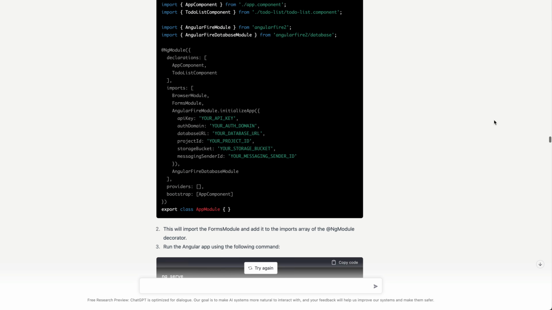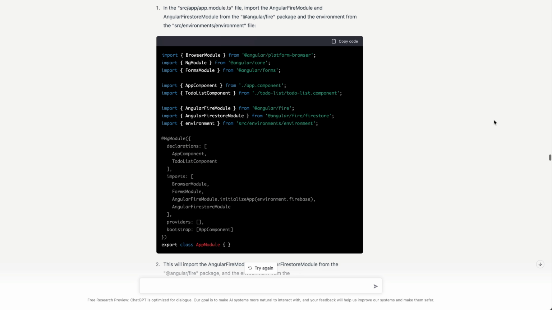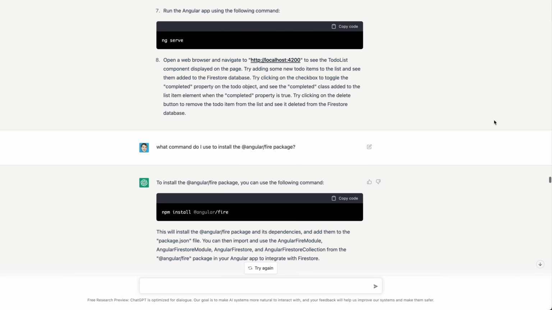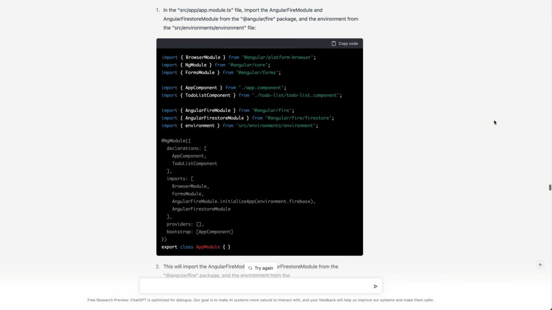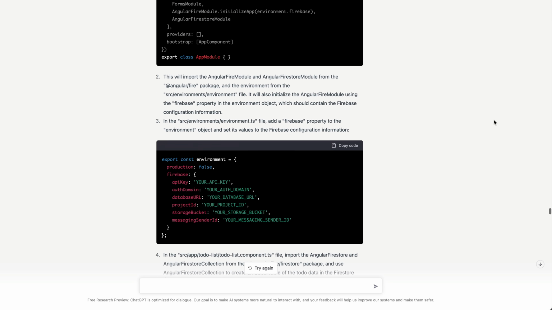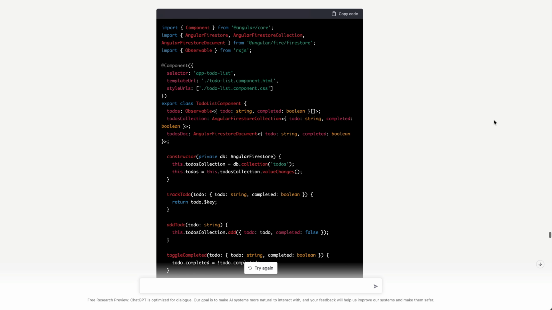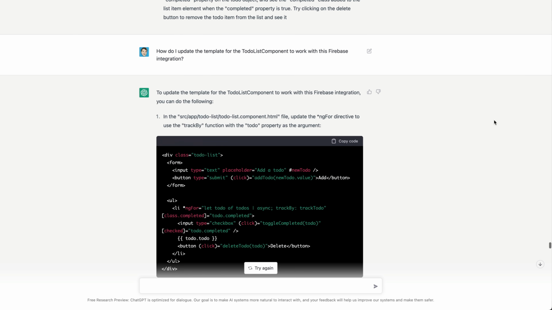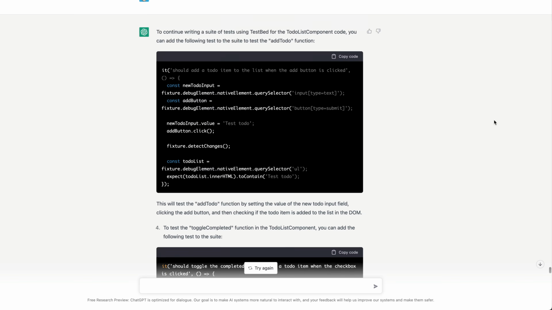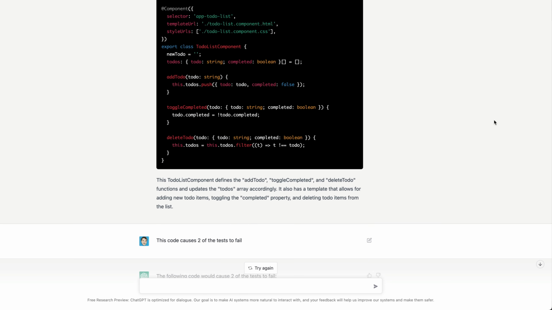I asked it how to use the Angular Fire package instead, which I think is still fine because the Angular Fire 2 package warned me to use this package, so it didn't necessarily require any prior knowledge. But when installing Angular Fire, it never mentioned using the ng-add schematic, which would configure Firebase in the application automatically. And it was still trying to use the old Angular Fire APIs and also importing them from the wrong place. So even with me intervening and fixing up these mistakes, the code it supplied still did not work. And I figured at this point, we were pretty well beyond being able to easily get this working with no